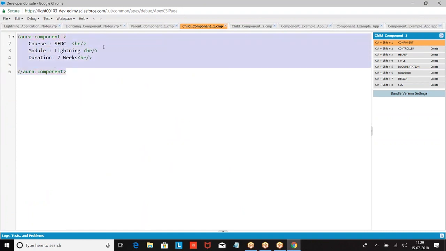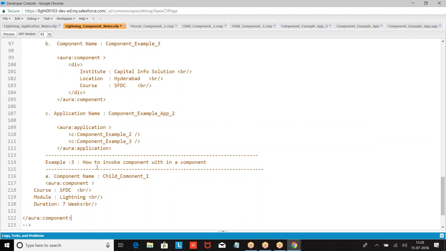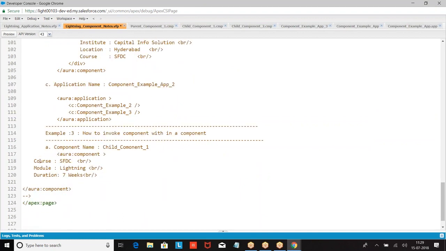I hope everyone has followed this. If you have not followed this, you will not understand Lightning.